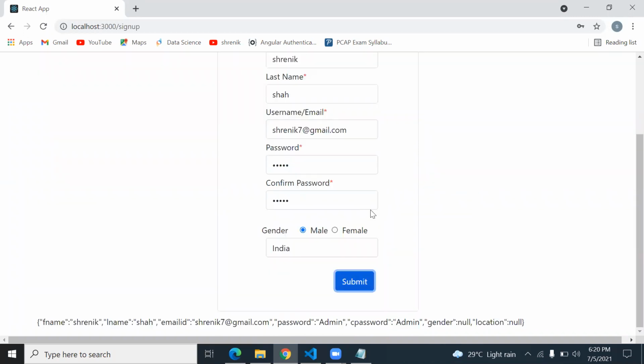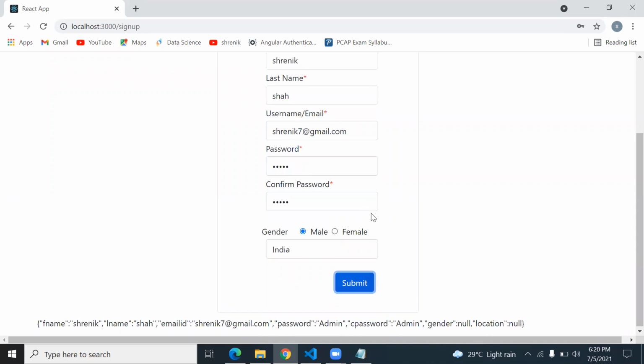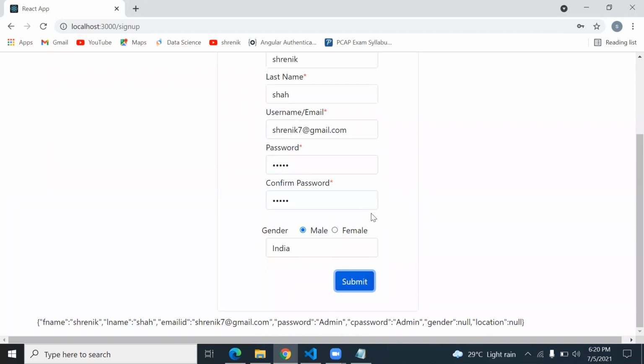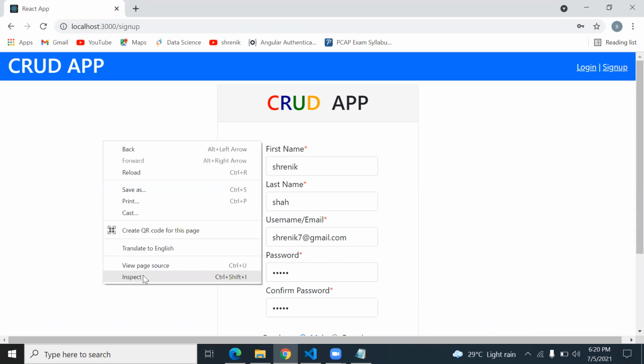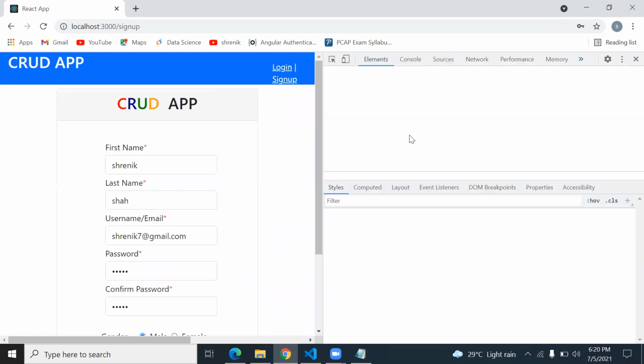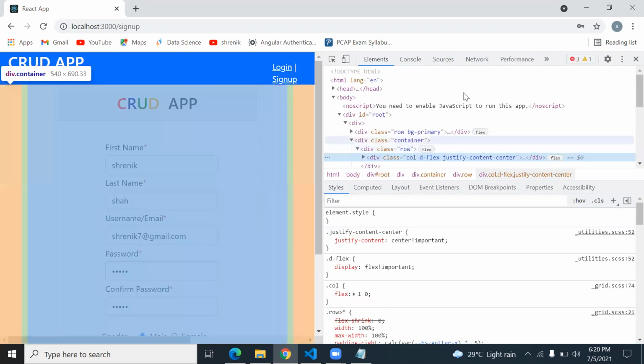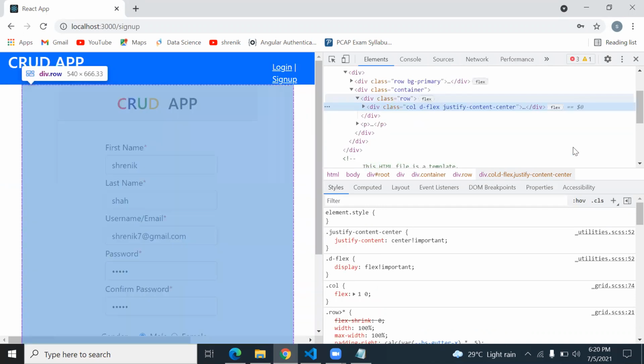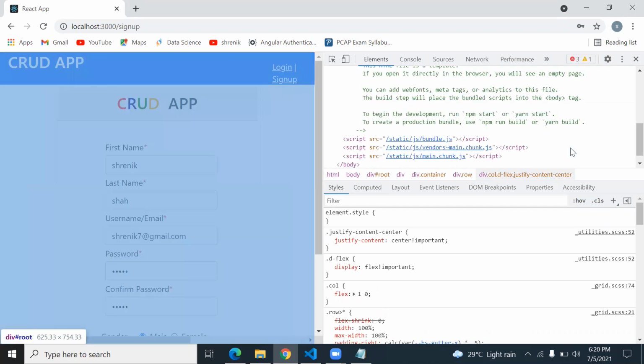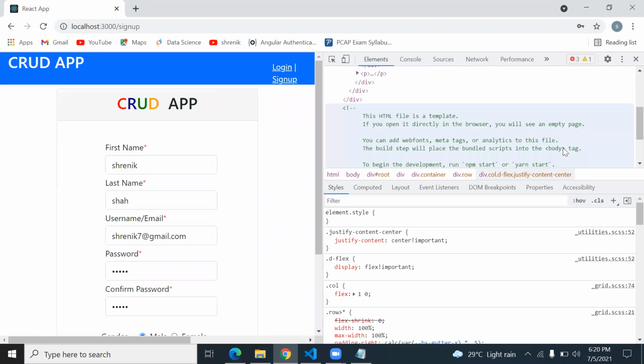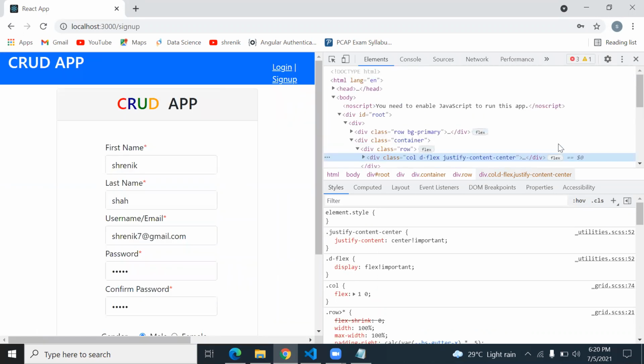Is there any result? No H1 tag. In the inspect, okay. Here also you don't have any H1 tag.